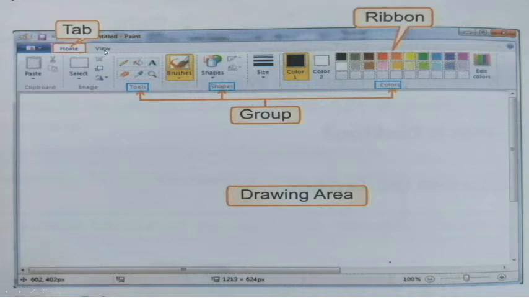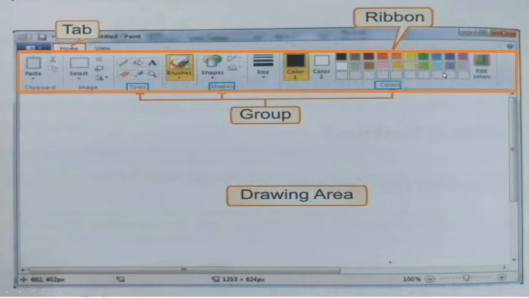Next component is ribbon. What is ribbon? This rectangular space where all the tools are displayed, that space is called ribbon. In ribbon, these tools are arranged as different sets.